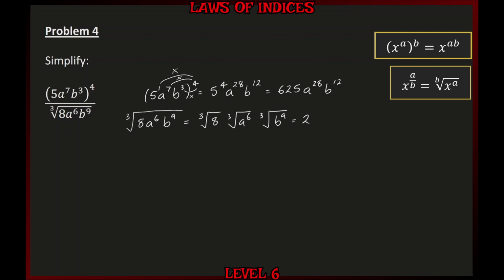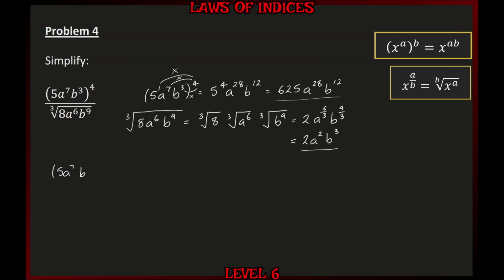And on both our a and our b, we have a power and a root. So we can use this law to rewrite these. So the cube root of a to the power of 6 becomes a to the power of 6 over 3. And the cube root of b to the power of 9 becomes b to the power of 9 over 3. Now, since 6 over 3 is 2 and 9 over 3 is 3, our denominator becomes 2a to the power of 2, b to the power of 3. And we've now simplified our numerator and simplified our denominator. So we can rewrite our fraction as